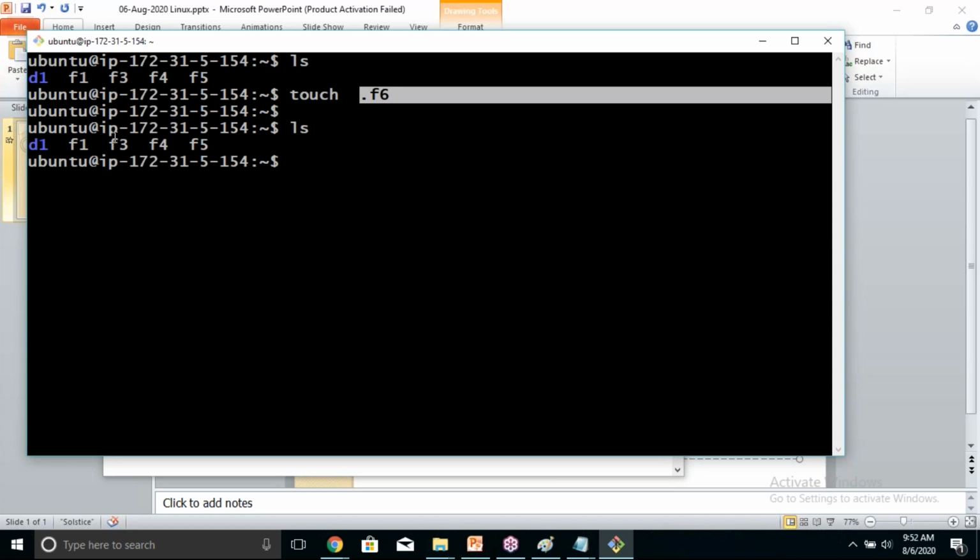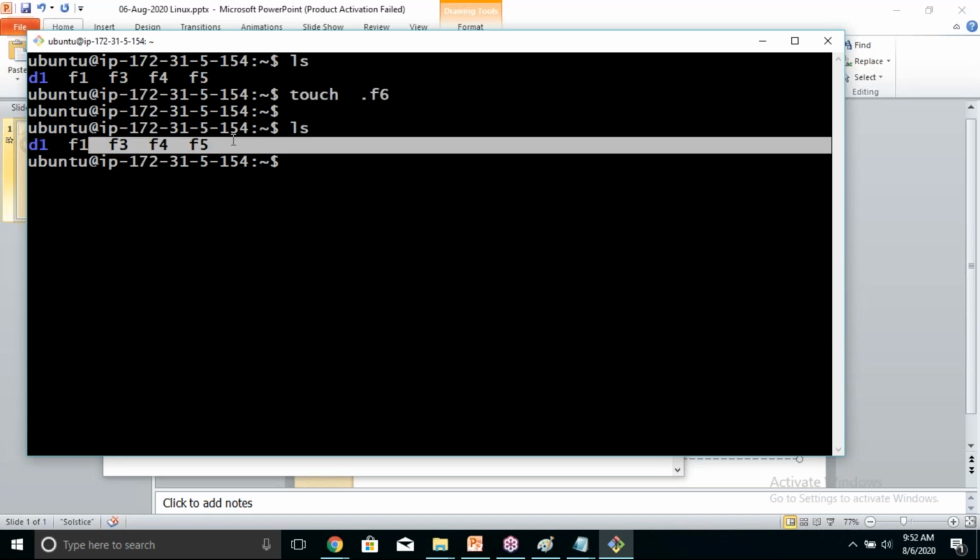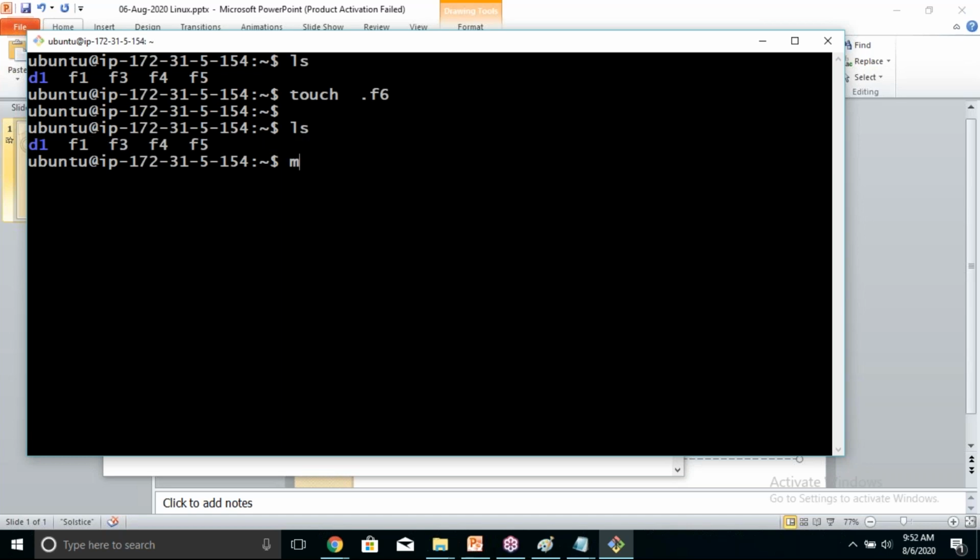That's the reason you're not able to see the file. Same is the case with a directory. If you create a directory whose name starts with dot, it's a hidden directory. mkdir .d2, the directory got created, but it's not visible. It's a hidden directory. When a directory name starts with dot, it's a hidden directory.